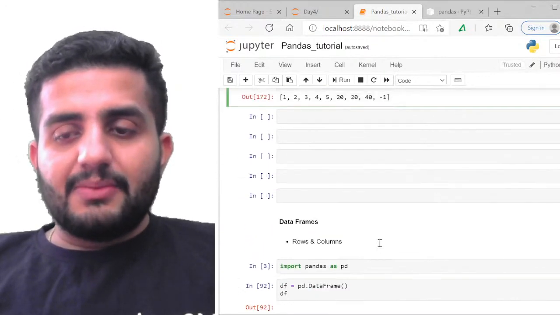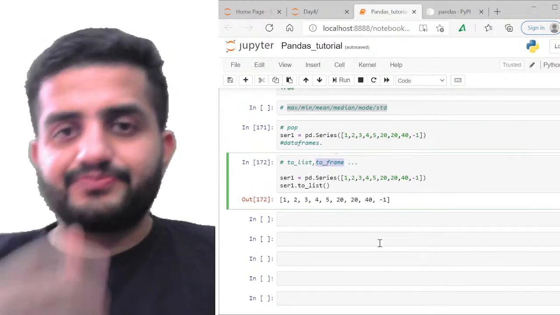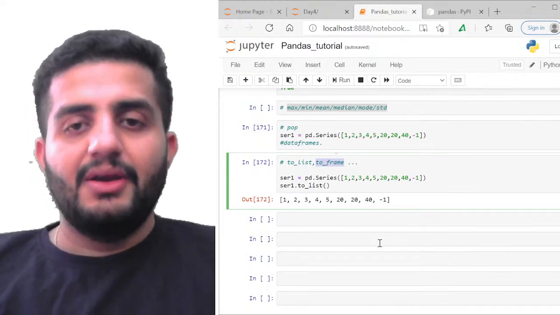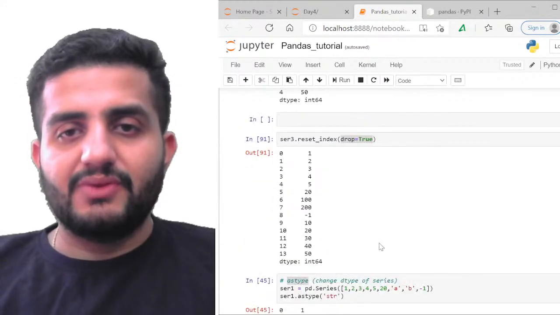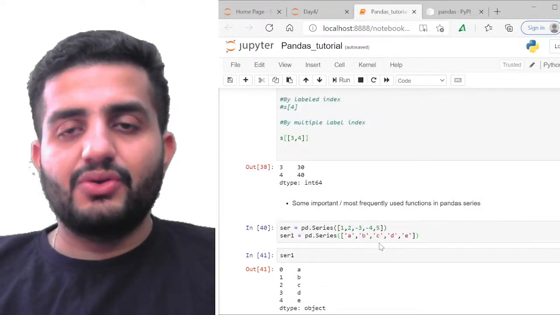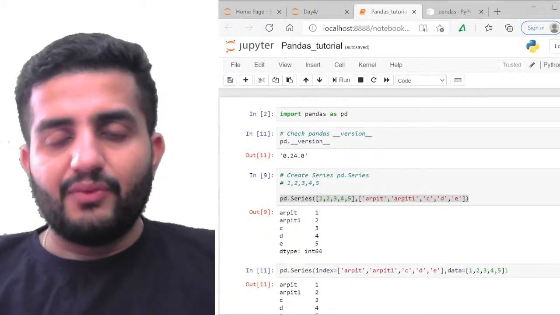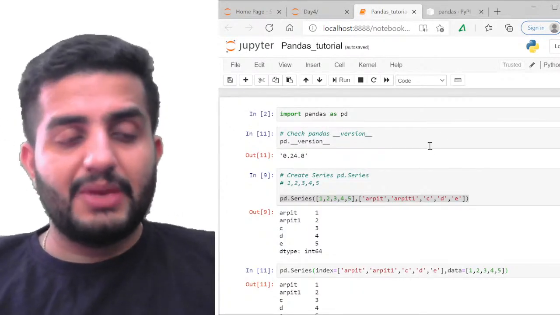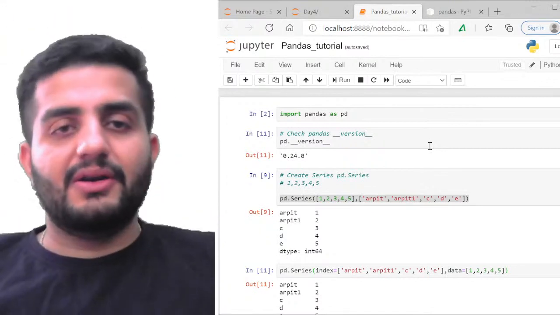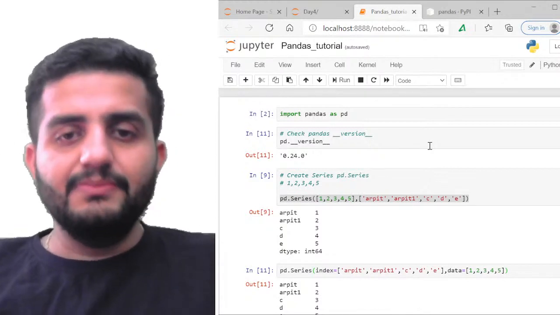Cool. So that's about my series, guys. So what all have we covered here? I'm going to quickly run through what all things we have covered. We started with how to install pandas and the versions of it. You can choose whatever version you want, but whatever version you choose, you have to make sure that it is compatible with your Python version, and also with your other libraries which you are using.